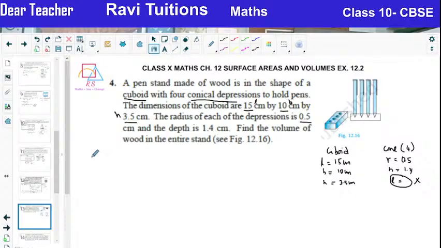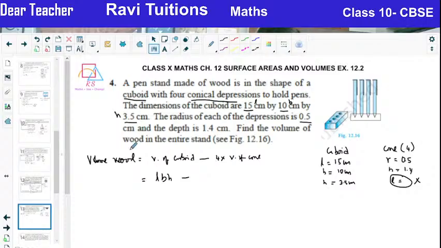So then volume of the wood. Volume of wood is equal to volume of cuboid, can you tell me, Pavani? ఇక్కడ వాల్యూమ్ ఆఫ్ వుడ్ ఎంత కావాల్సి వస్తుంది? వాల్యూమ్ ఆఫ్ క్యూబాయిడ్ మైనస్ 4 into వాల్యూమ్ ఆఫ్ కోన్. అది మైనస్ చేయాలి బికాస్ ఇట్ ఈస్ రిమూవ్డ్. సో L into B into H మైనస్